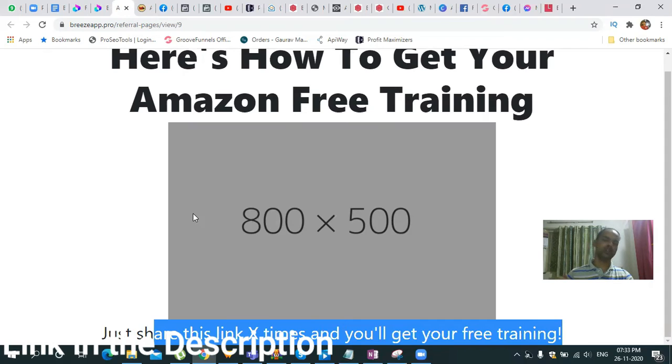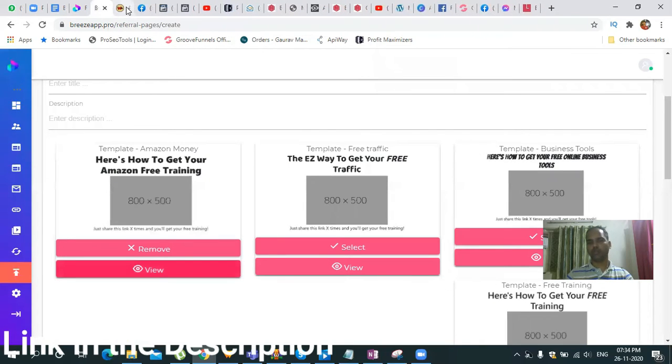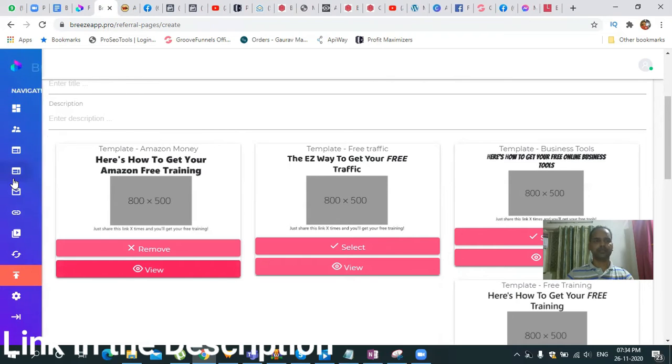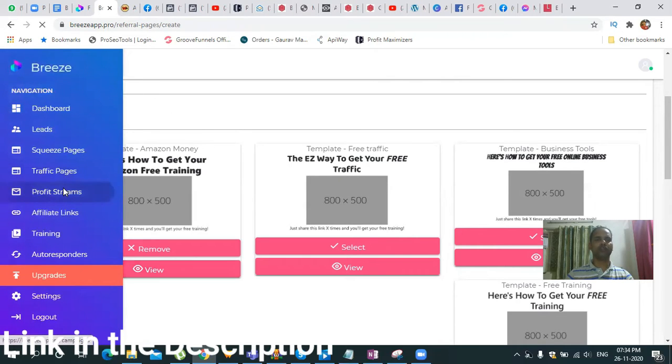So by this, what happens is that if someone shares your landing page with someone else, and that person goes ahead and shares your landing page with another two persons, it multiplies. As it multiplies, a lot of people get exposed to your landing page, and the chances increase that whatever you are promoting, giving them, or selling them, works.